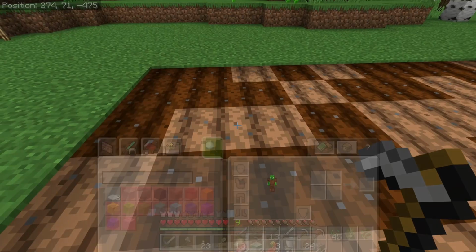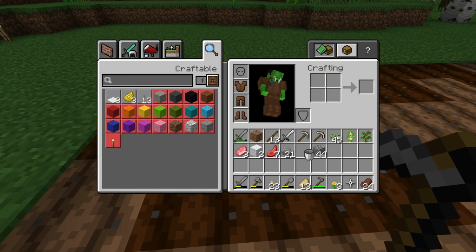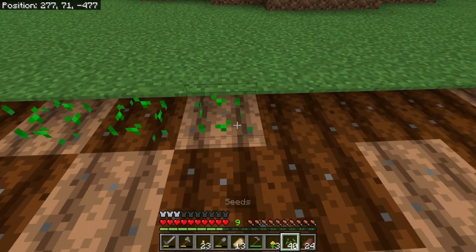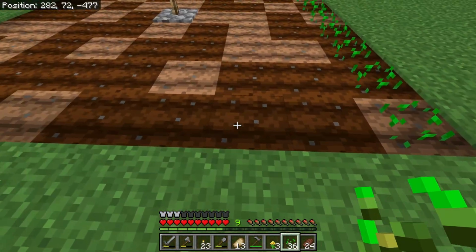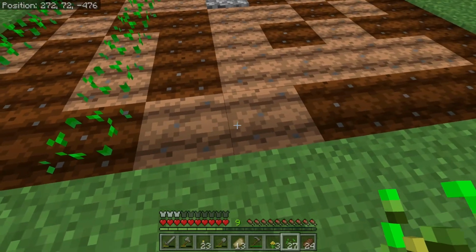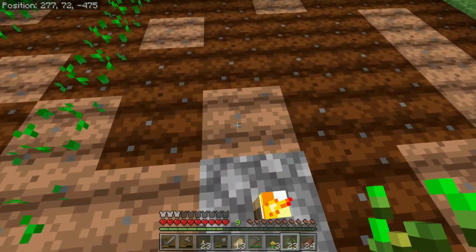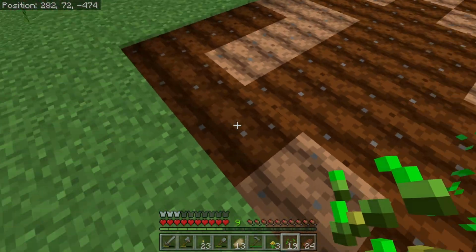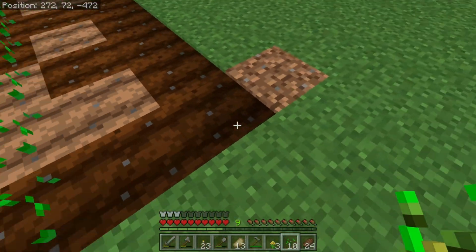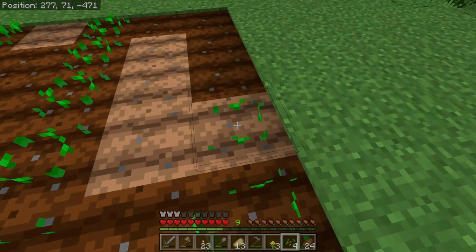So what I like to do is offset these a little bit. Like, I'll do another one off to the side there in a second, but I want to get this stuff growing. So this is all the weed seeds that I found. And you don't want to put your weed seeds right next to each other. You can do a line, but you don't want them to touch